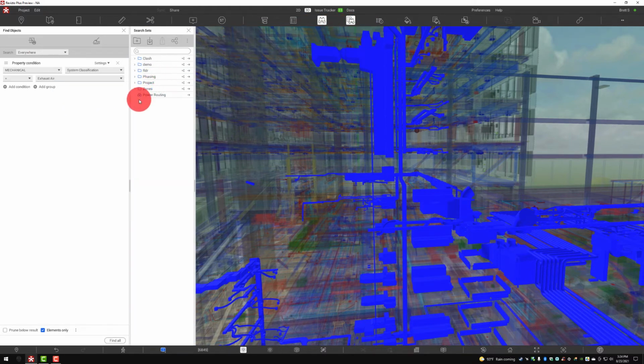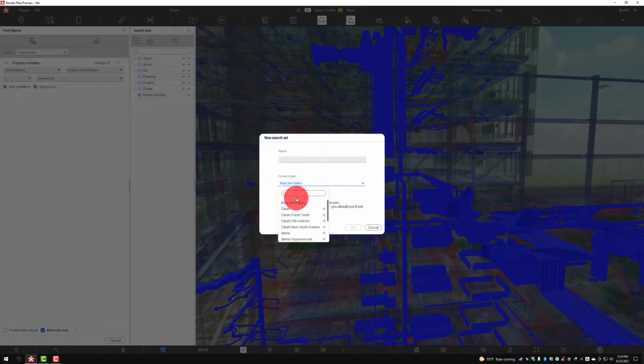Search sets are really going to be the basis of Clash Automation in every way. There will not be selection-based clashes or anything of that nature. Everything will be related to a set. However, we have made sets more flexible. So in here, if I want to save this as a set, I can simply save that search as a set in a specific folder. Notice all of these sets can be shared, and that's going to play a big role in the power that we can do with our new Clash Automation and the ability to communicate these quicker.